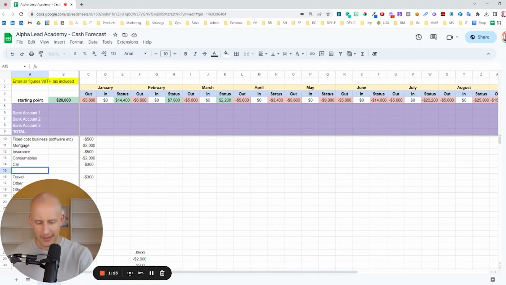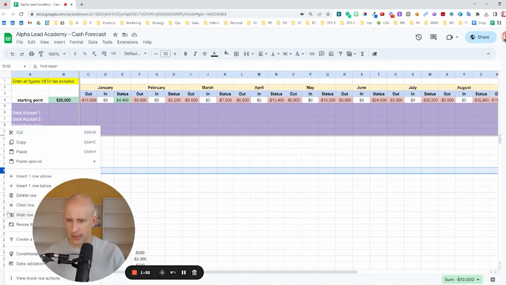I had that already. Let's say pool repair. Let's say you already have a pool. And you say minus 10,000. Right? You put that in here. Suddenly this number adjusts because obviously it adds up everything else. Okay, it's basic spreadsheet technique. All right, we can just delete pool repair.